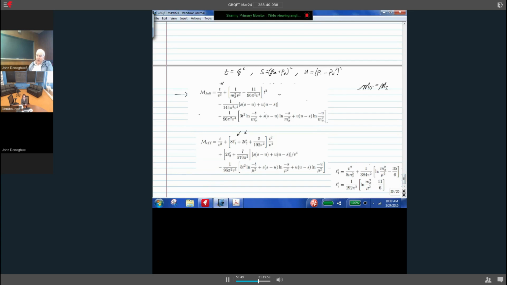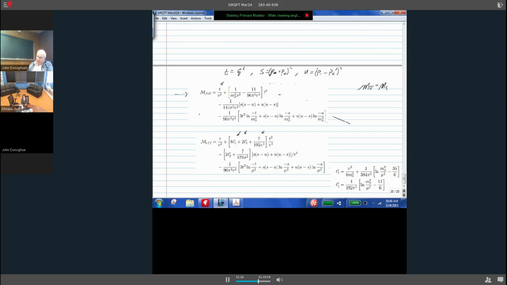And U is equal to P minus P0 prime squared. So you get the first piece that we had before. That was the Q squared over V squared piece that we had before. Now you get